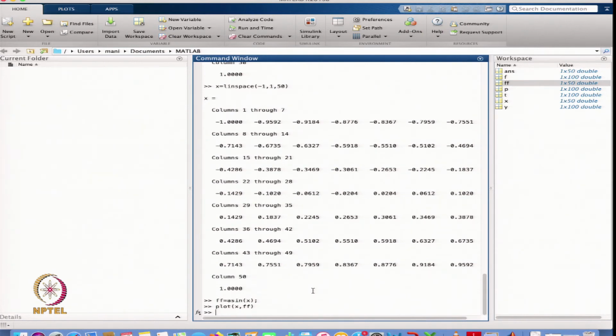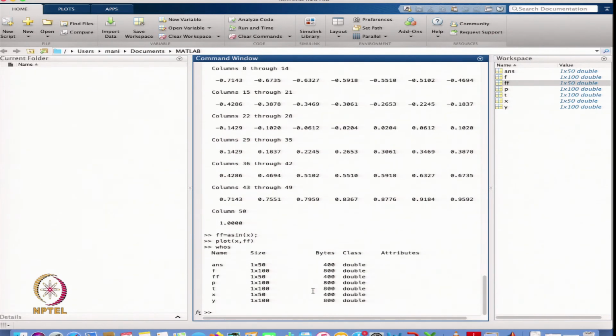Similarly, we can define, suppose I have now ff and I have two types of functions, one is f, another is ff. Suppose I want to define a new function.